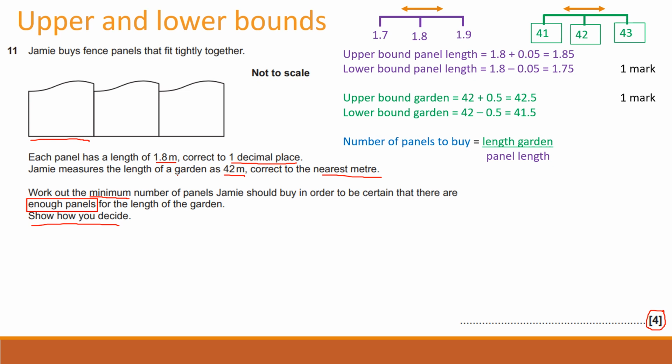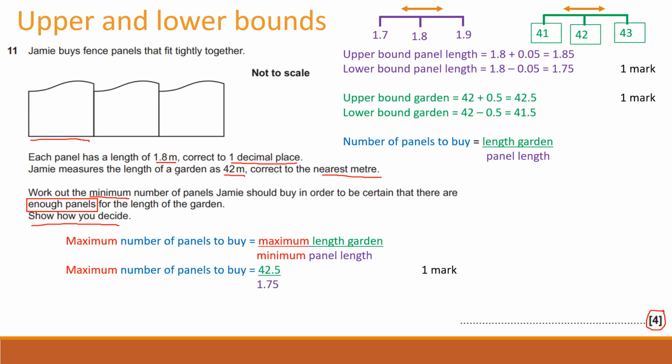Okay, so to make sure he's got enough panels, we need the maximum number of panels he's got to buy, so he doesn't need to ever go back and he's always got enough. So to find the maximum number of panels, we need the maximum length of the garden divided by the minimum length of the panel, because when you divide the maximum by the minimum length, that will give me the maximum number of panels in this case. So I'm going to replace the maximum length with the 42.5, and I'm going to replace the minimum length with 1.75, which gives me 1 mark. Now by doing that, that gives me